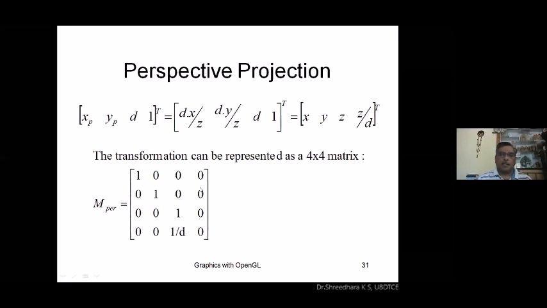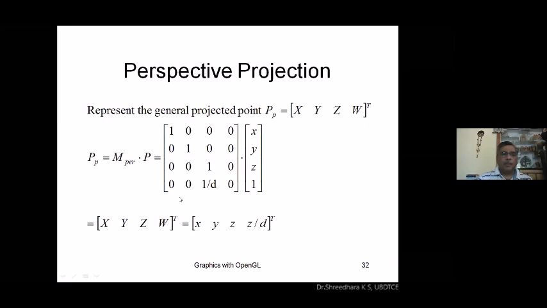This is the perspective transformation matrix. Here the z column will be 0, 0, 0, 0. And in the third column, the last row is 1 by d. So just observe these changes in your transformation matrix. This perspective matrix is multiplied with your input data to get the values of the new points. So x, y, z, w equal to x, y, z, z by d in column major order, transpose of this. This is the derivation of the perspective projection system.